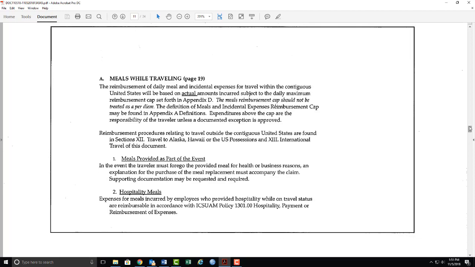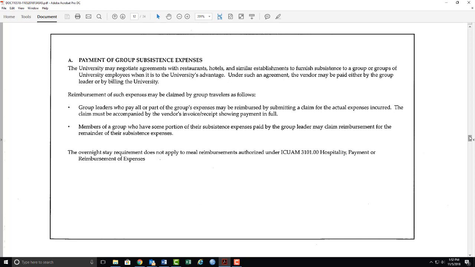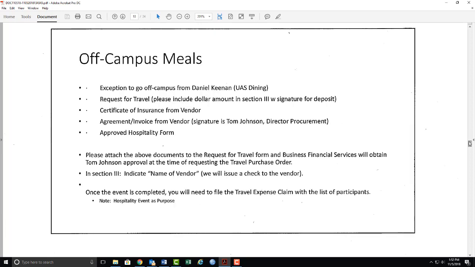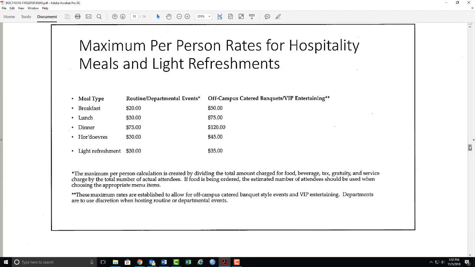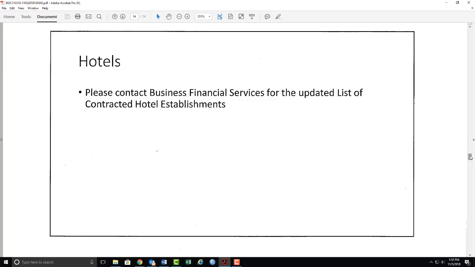Meals, travel of less than 24 hours, payment of group subsistence expenses, off-campus meals, maximum per person rates for hospitality meals and light refreshments, recruitment, hotels,